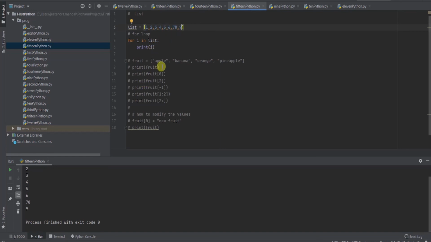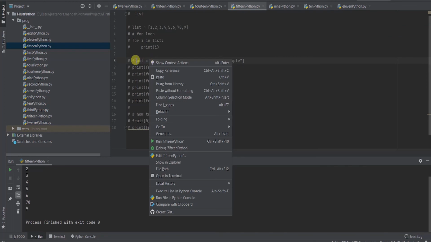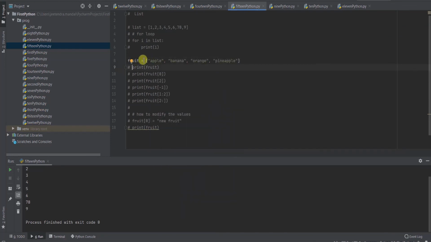Okay, so let's go through a list of strings. Here I have created a list called fruit, and I'm going to first print the whole list and then see fruit 0, which means index 0, apple.